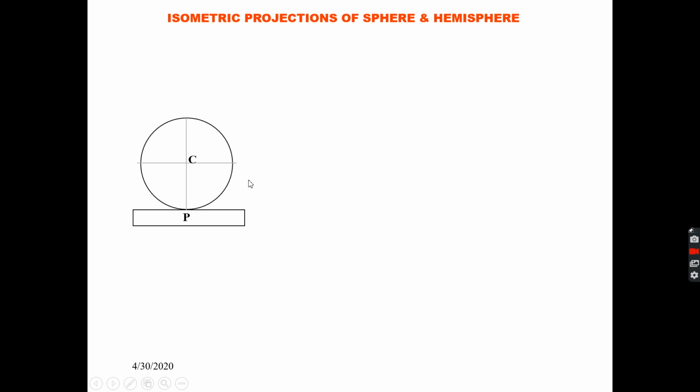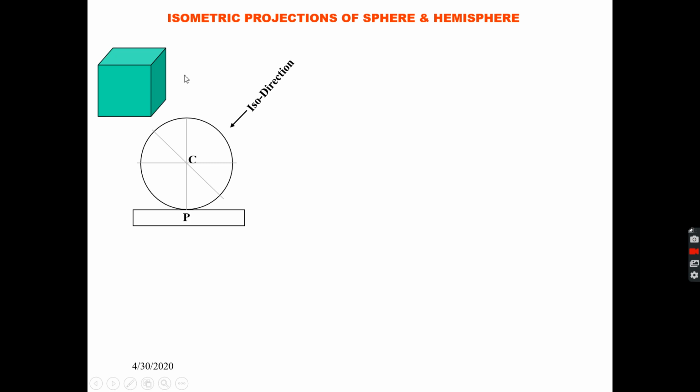If I want to draw the isometric projection of this particular object, this is how I will look at the object to draw the isometric projection. This is called the iso direction. I told you this part earlier, when we were seeing the definitions of isometric lines and isometric projection, where I drew the axes D, L and H. I had drawn those axes when I was looking at the object from the iso direction.